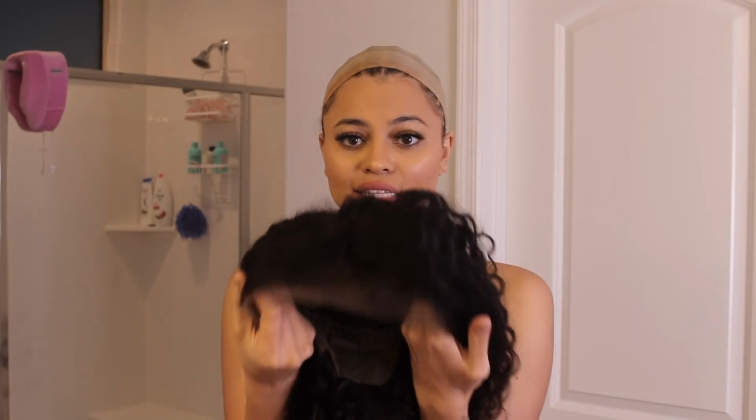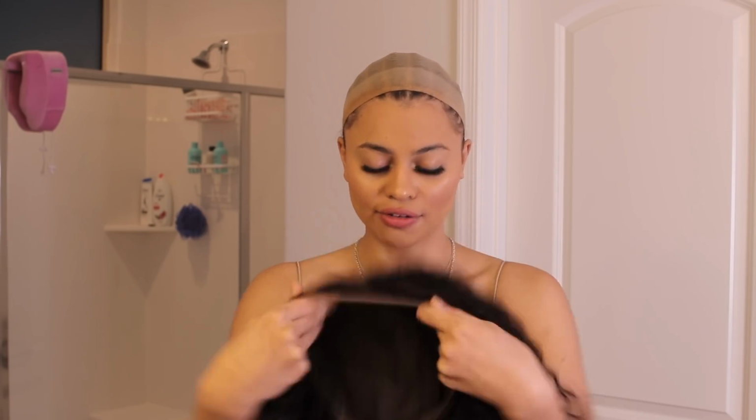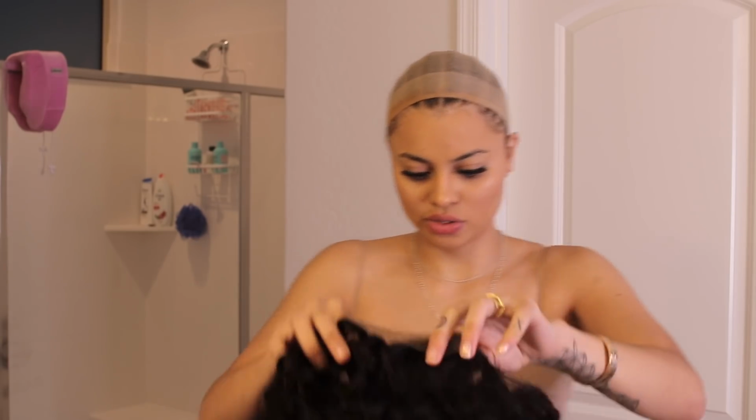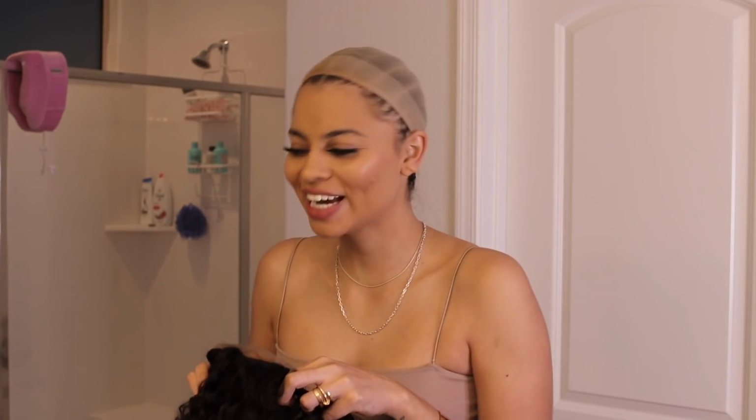This is also a lace front. This is how it comes. I haven't cut the lace on any of the other wigs. It's already pre-plucked, so you have a little bit of baby hairs to cut and work with yourself. Just like the last, this one has 4 combs inside of it as well. So let's see how this one looks on me. I'm really hoping this looks good because